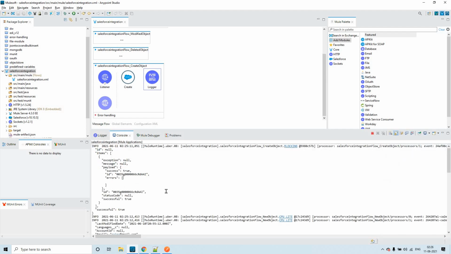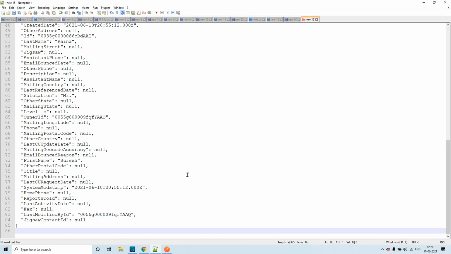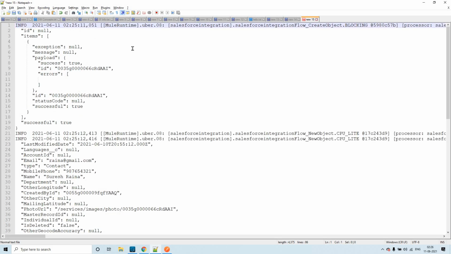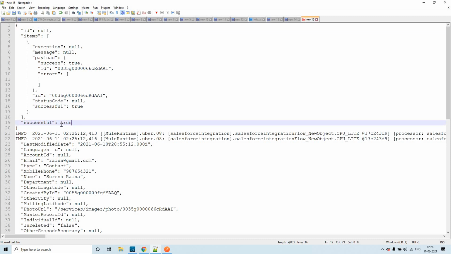Let me copy this and go through it quickly. So how can we judge whether a Salesforce response succeeded or not? You see here, successful is true, right? Whenever you get this value as true, that means the create operation has been performed successfully.